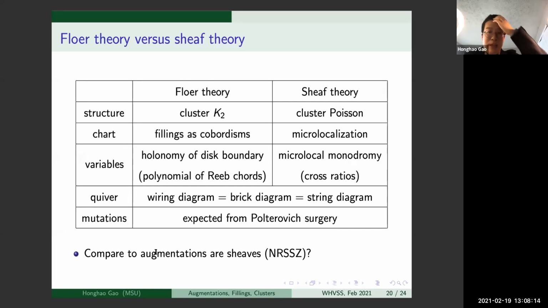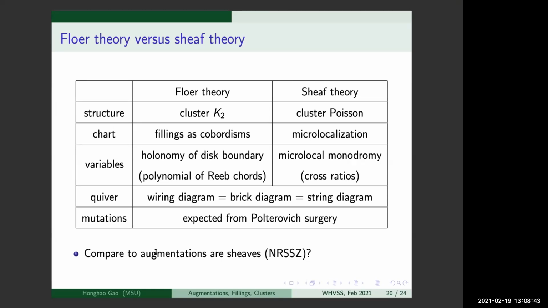And that's already true even for just the half link, the T22, because there's an augmentation which is not fillable. So the correct thing is probably that you have a variety and then you talk about cluster structures on that variety. I want to mention this because I'm not sure many topologists consider that, but